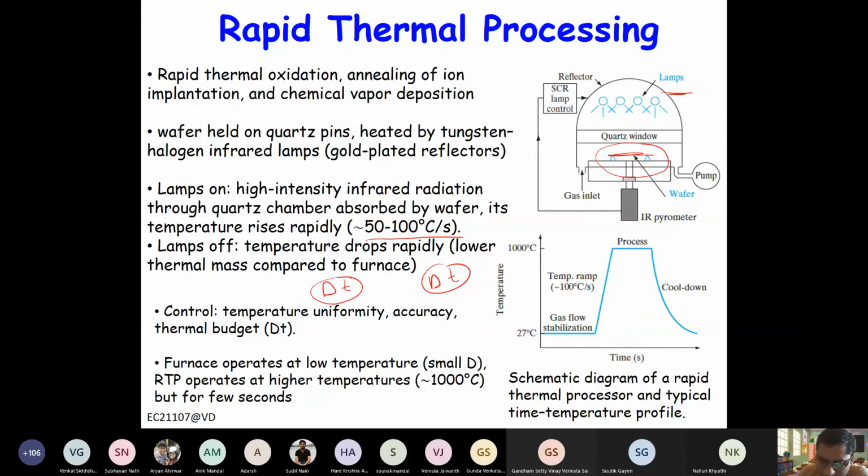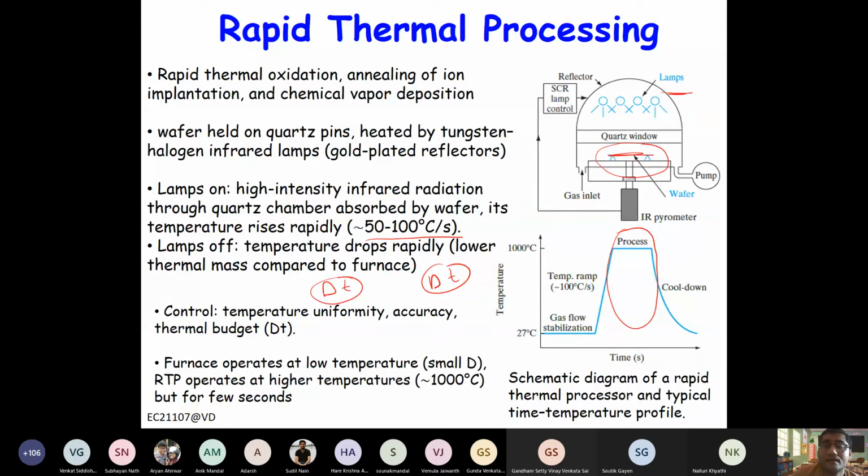So if you see the picture below, this is basically how the temperature changes, right? So during this region, for a few seconds at high temperature, the diffusion takes place. So it basically corrects the sample for any damage due to ion implantation, and settles the dopant species into the lattice site, because it is possible that these dopant species may be occupying some non-lattice site, right? So the dopant species move to the lattice site.